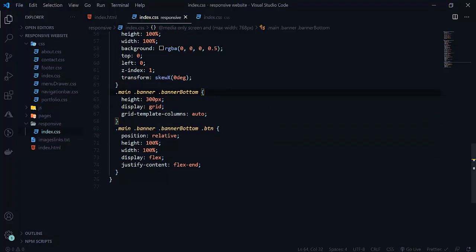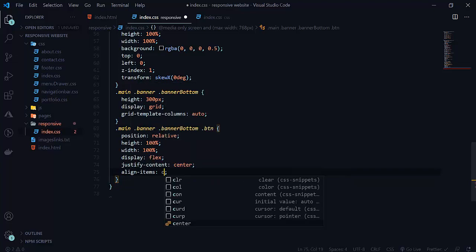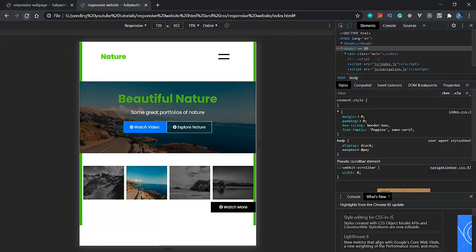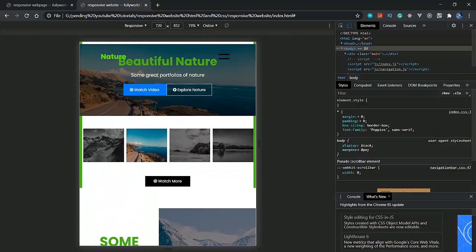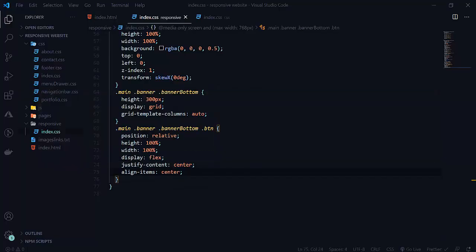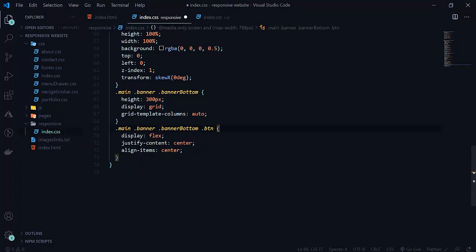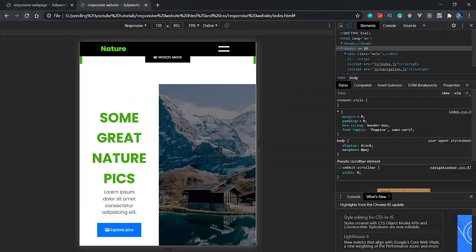See that there is a button here, so display flex here, justify content we want it to center, and align items we want to center here. Just reload this now. See that now we are getting this at center here. Now it is looking good. So now this one is done. Now let's change our section 2. Here we just change this flex, so we don't want this here. When I reload this, nothing will affect here.